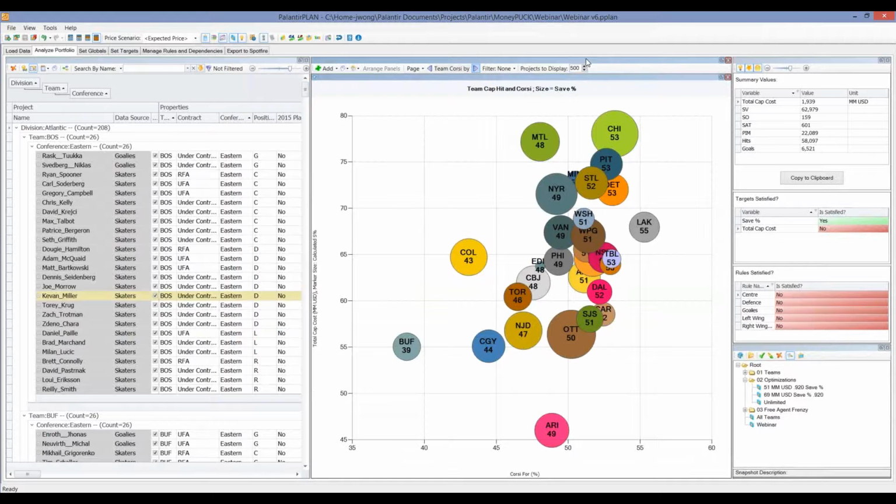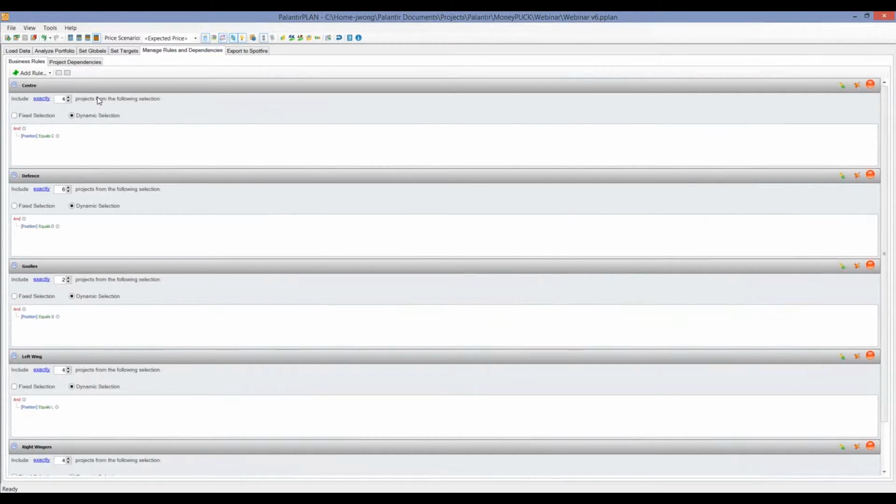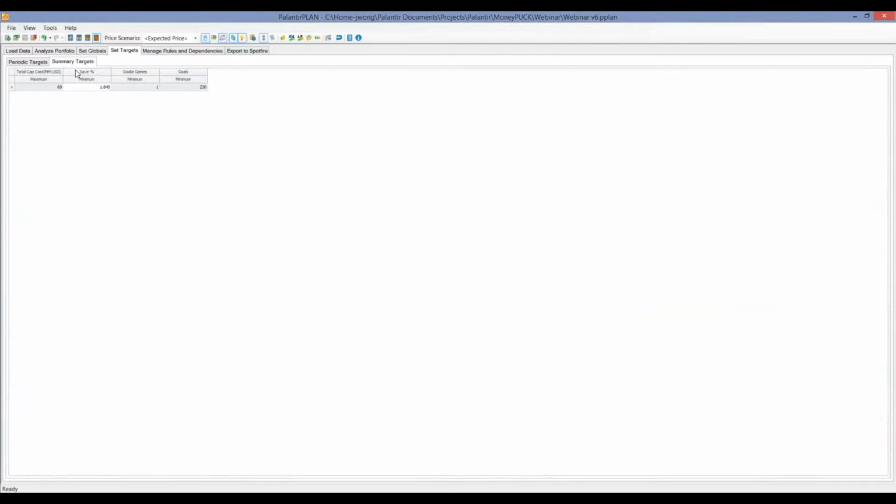Business rules being, I can go to my rules and I can say, just like in the hockey basics, I have to have at least 4 center, I need 6 defense, I need 2 goalies, 4 left wing, 4 right wing. So what would that look like? I can also set targets. This is a bit tough to see, but this is a total cap cost of 69 million. So if I'm spending right to the salary cap, I have to impose my business rules of all those positions,